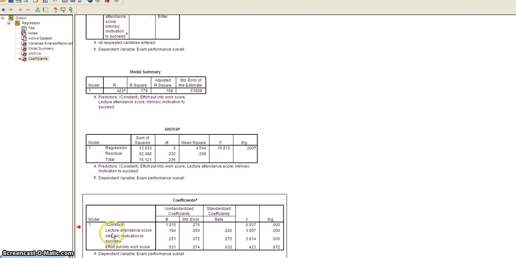Intrinsic motivation to succeed is similar. It has a t-value of 3.61 and a p-value of less than 0.05. Again, this is contributing to the model and increasing the predictive ability of our model to work out what someone's